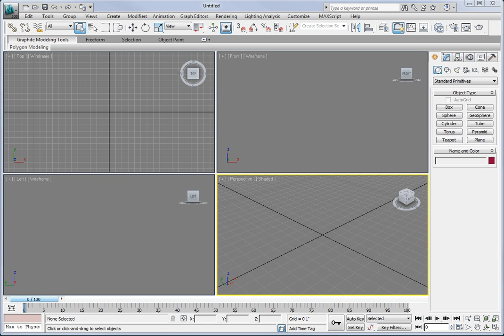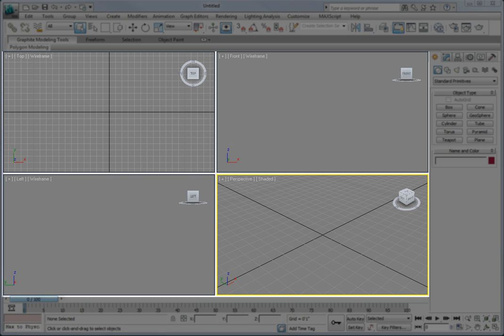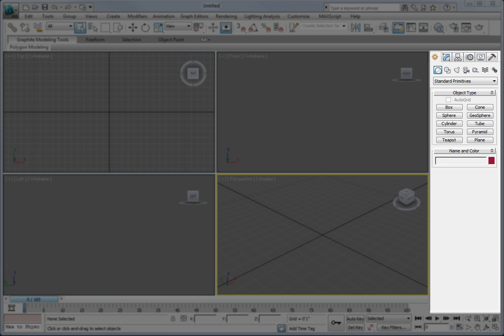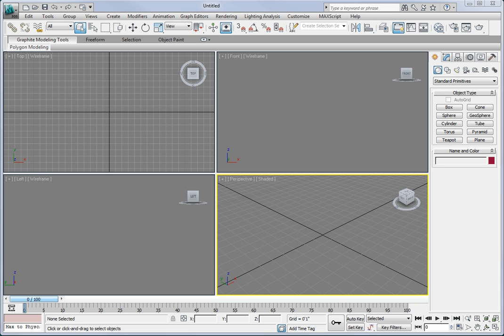Take a look at the viewports in the 3ds Max interface. You'll notice that they're not taking up the entire screen. That's because the command panel is taking up a column on the very right side of your viewport real estate. When working with 3ds Max, there are many times when you want to work with a little bit more screen